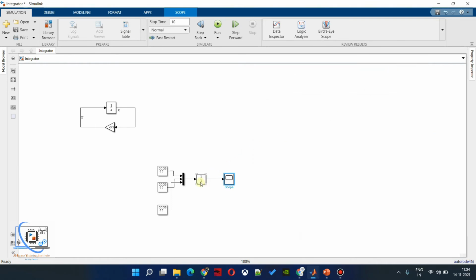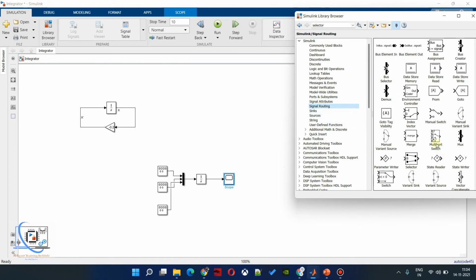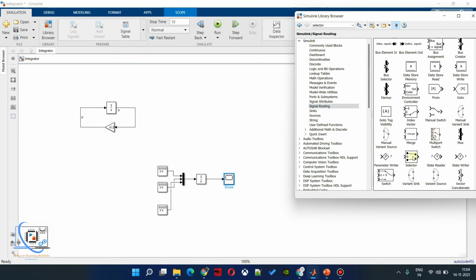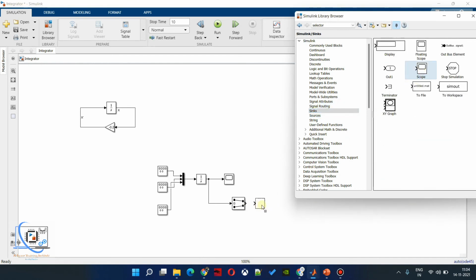Now the next challenge: if you are building a very large Simulink model and you want to select only the second signal, you don't want to see all of them. We can do this with the help of a selector. We will go to signal routing, and in signal routing you will see a selector, this one. We want to see only one signal, so we will connect it over here and then get one sink scope.